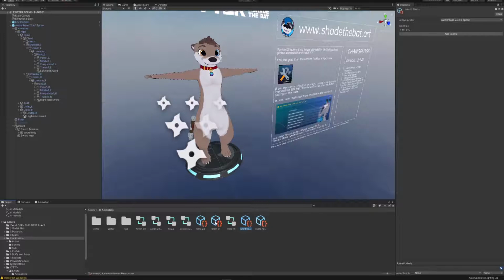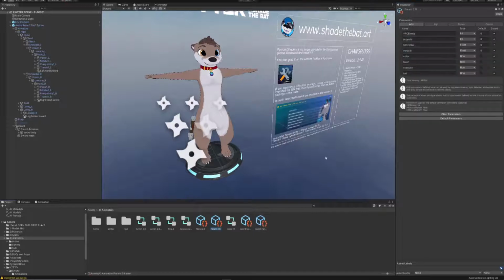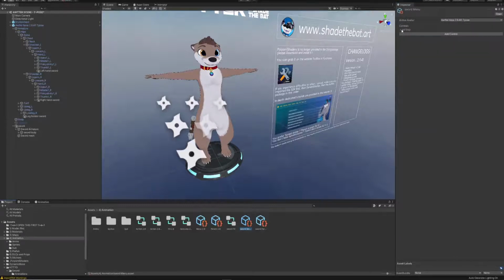First you'll want to add this sword parameter to your avatar parameters as a bool. Then you will want to add this menu